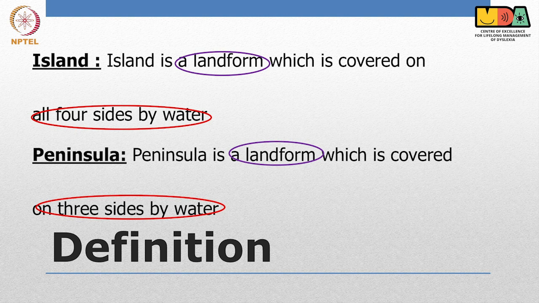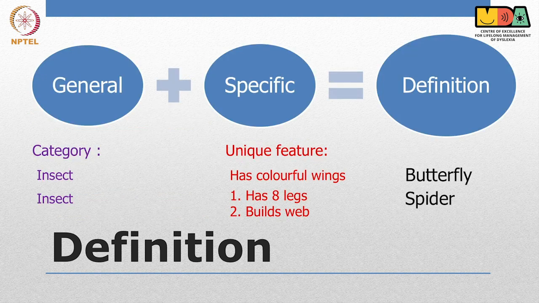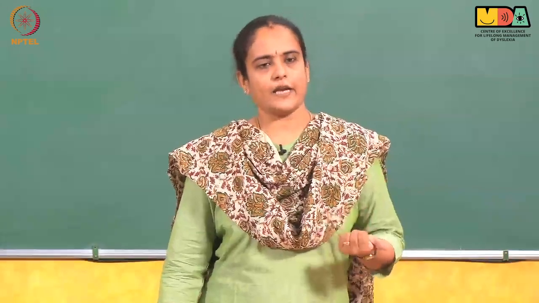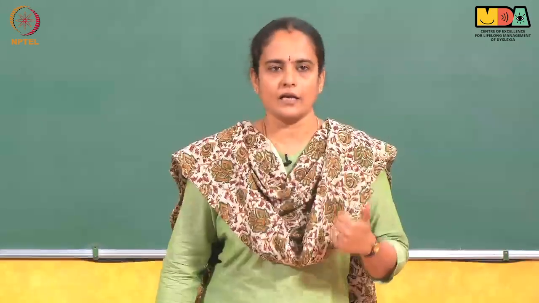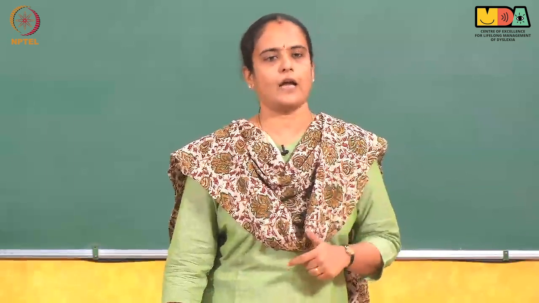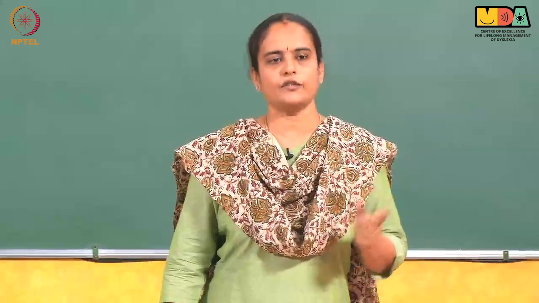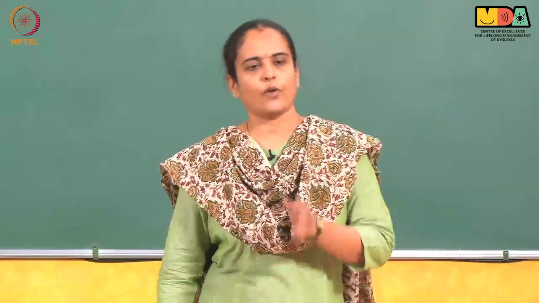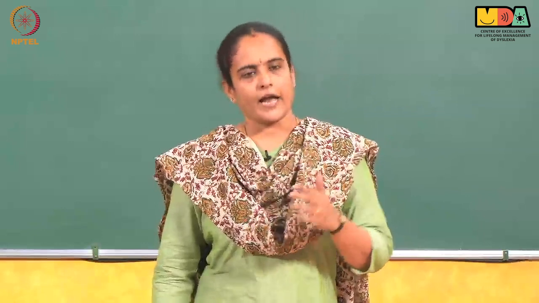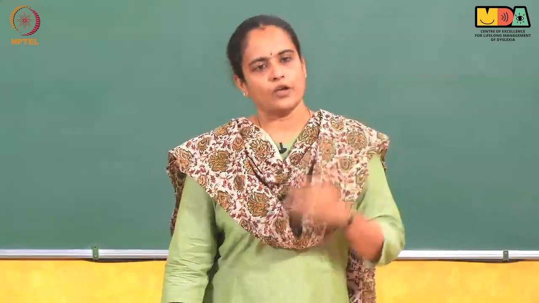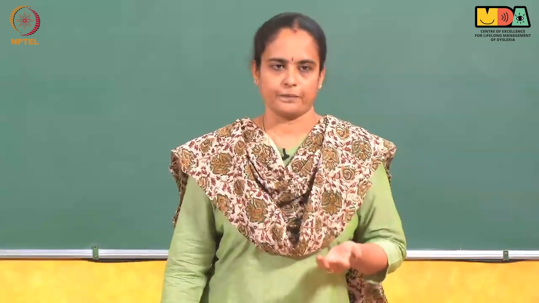Once this structure has been internalized by the child, the next thing we do is color code the general and the specific part. You can use any color as per the comfort level of the child. Generally we can use a green color for the general part and a red color for the specific part. You can ask the child to write the general part in green and the specific part in red, and if there is more than one specific part, you can use another color too.